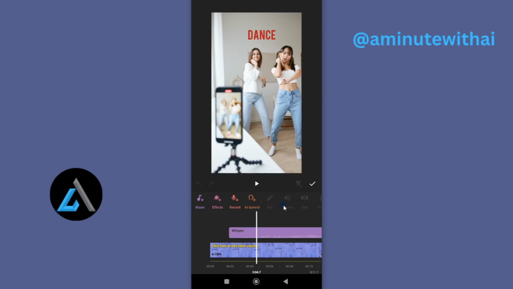In this tutorial, I'm going to show you how you can align your audio or music with your track using